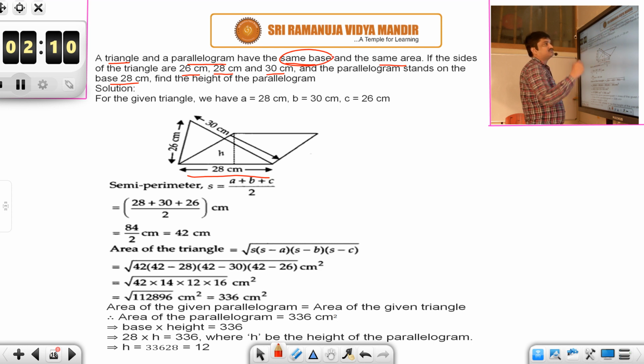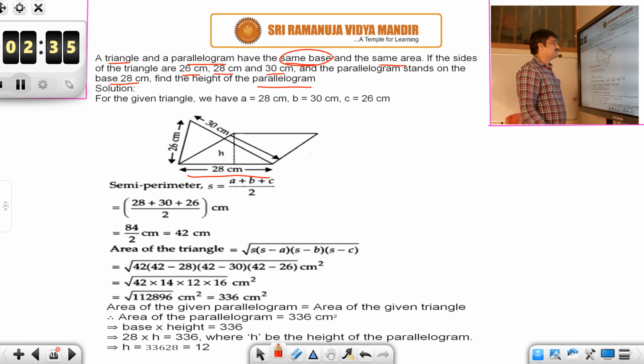So this is how the figure looks. Just by reading the question you could construct the figure as well. They need not give you this figure. Now you have been asked to find the height of the parallelogram. Before we jump into calculations of the height, first of all we are given all the side lengths of the triangle, right? So can we calculate the area of the triangle?